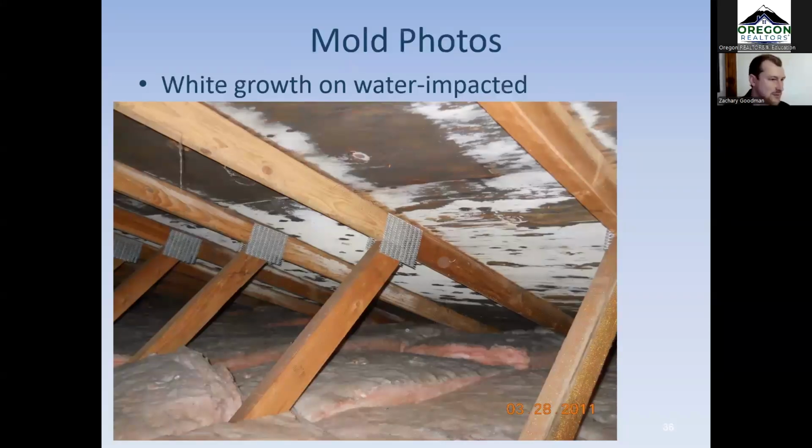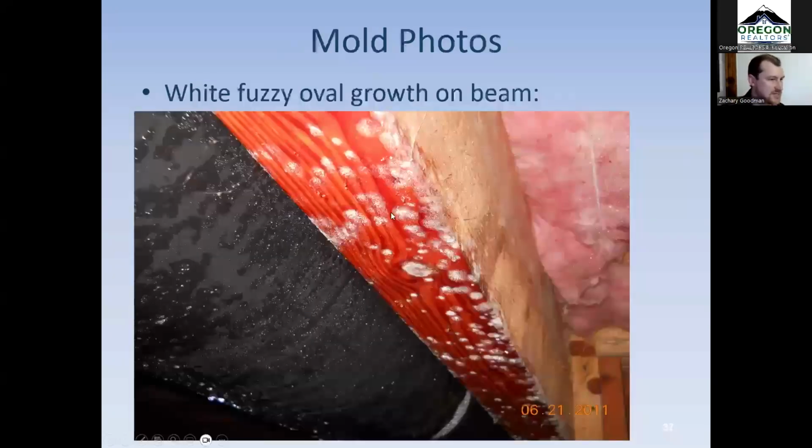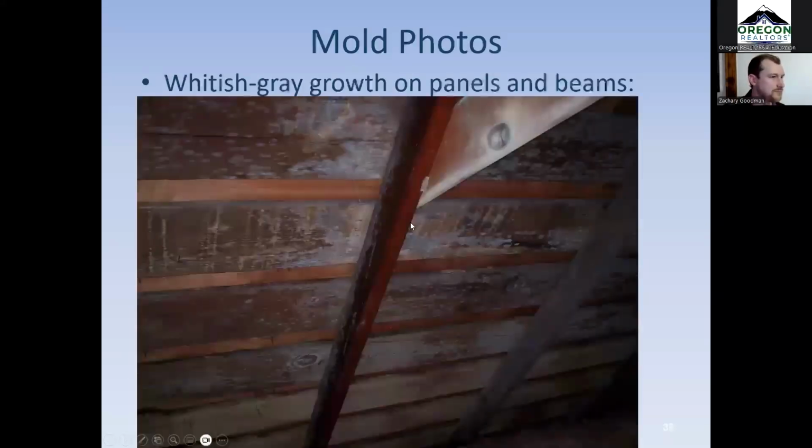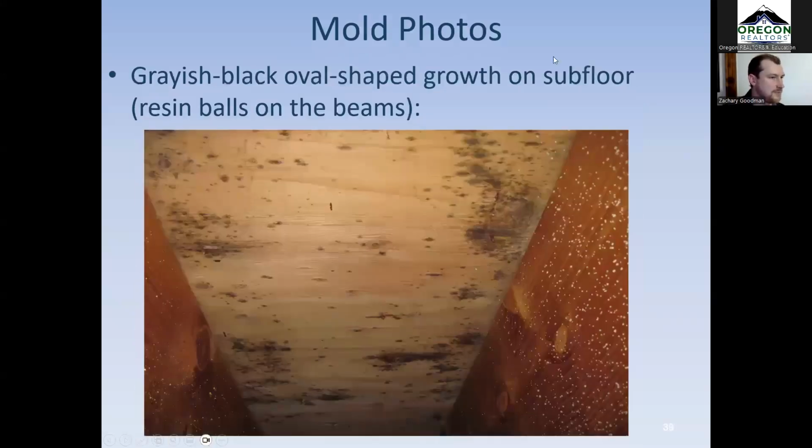White mold is a common one. You can see here there are different areas that were water impacted, and that is in part why it is a weird shape there in the attic. White mold's common. Sometimes we see fuzzy white mold like that. This is in a crawl space. Whitish gray mold, we see some of that, very common in Oregon. Black mold, that's not the black crazy toxic mold, that doesn't exist. This is by far the most common mold that we see in Portland and the Pacific Northwest, a black mold that looks like this. It's not worse than any other mold necessarily.